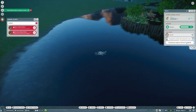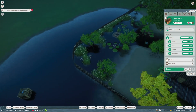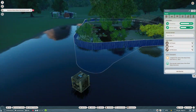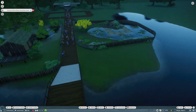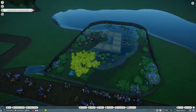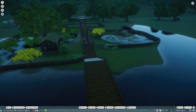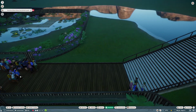Right, this is still our thing. That's sort of a bug that I keep on having, where the otters just swim outside even though the barrier is whole. They do just swim through it, so just a small warning, that can apparently happen. But yeah. Next thing we forgot to cover is penguins and seals, but before that I'm just going to put